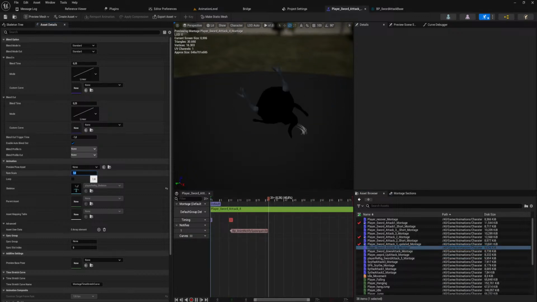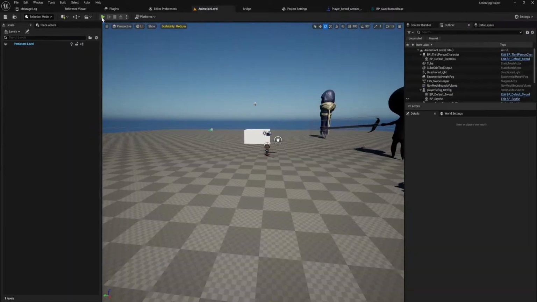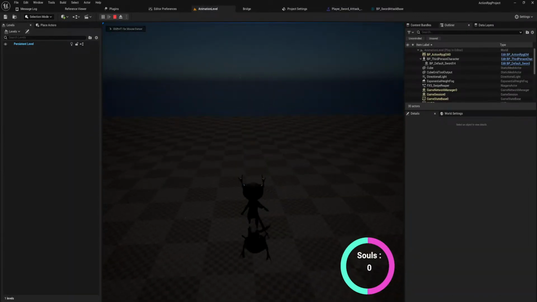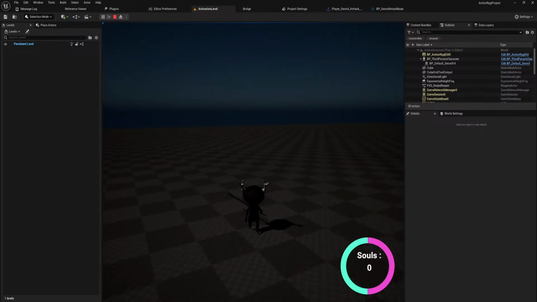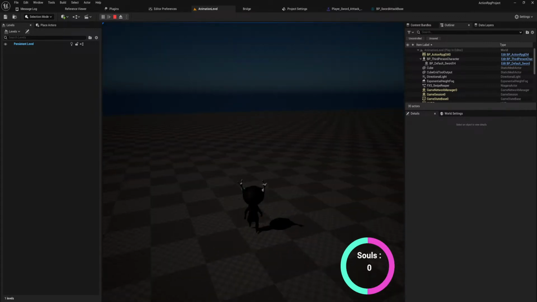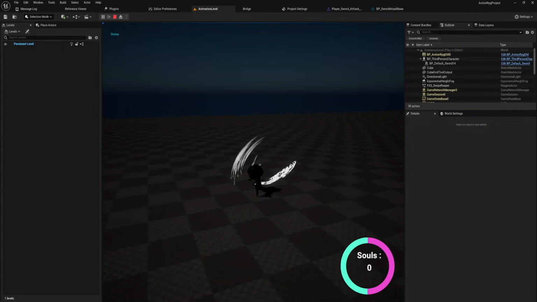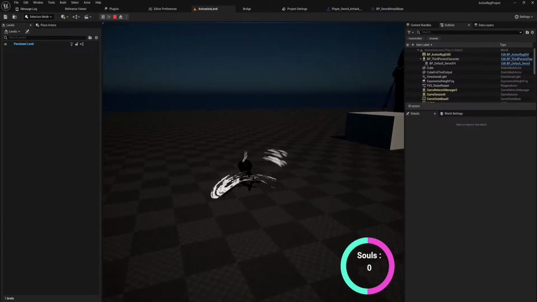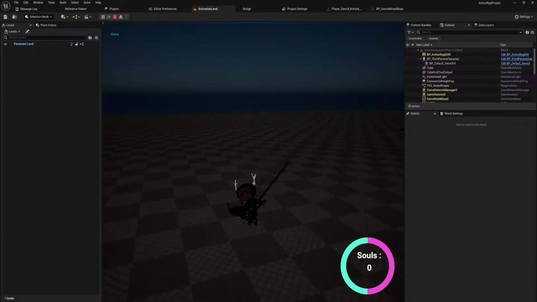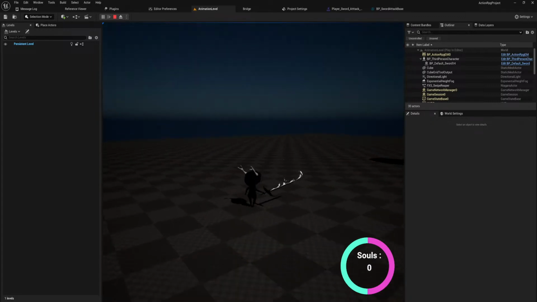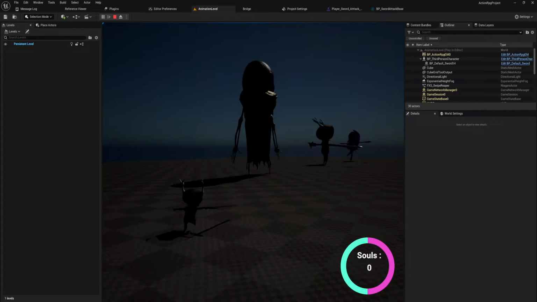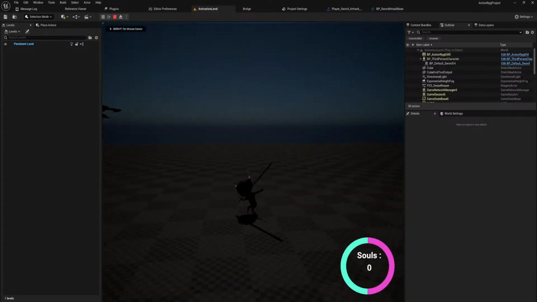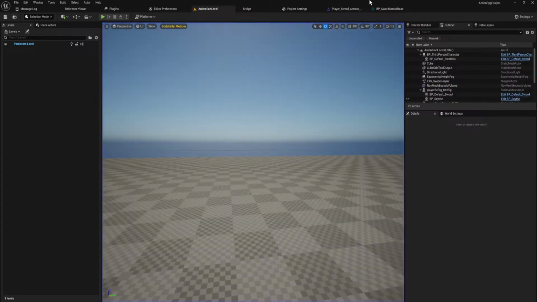Attack 4. I think this might already be fast enough, to be honest. Those last 3 attacks really hit the spot, I think. We have the first 2 and then 1, 2, 3. That is really satisfying. Maybe it's fine. Maybe it's fine. Maybe it's not fine, though. No, it's not fine.